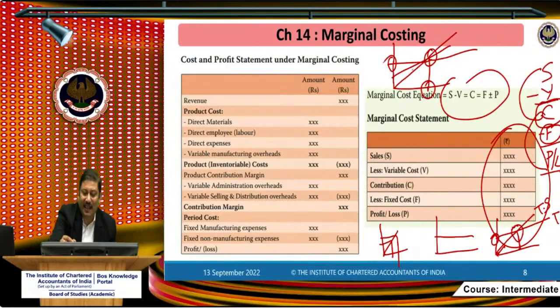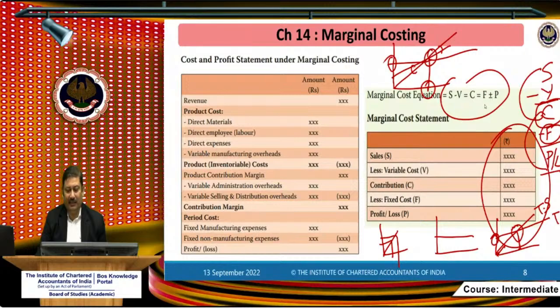Now there is one angle you can see between the total cost curve and the total sales curve. This particular angle is known as the angle of incidence. The greater the angle of incidence, 45, 60, 90 and so on, the more quickly you will reach the break even point. And again, the angle of incidence will depend on your contribution. Now coming to the next part, I think conceptually it is clear to you.